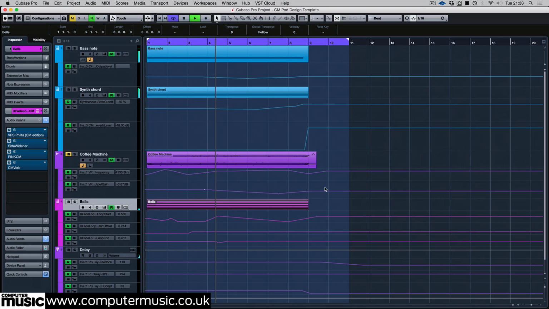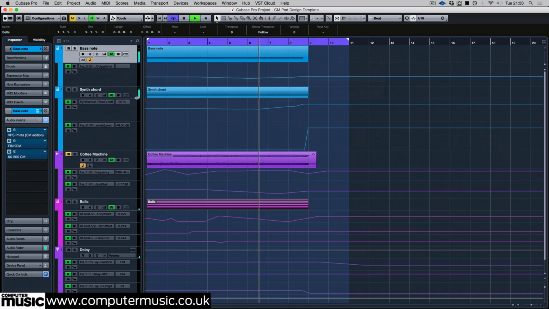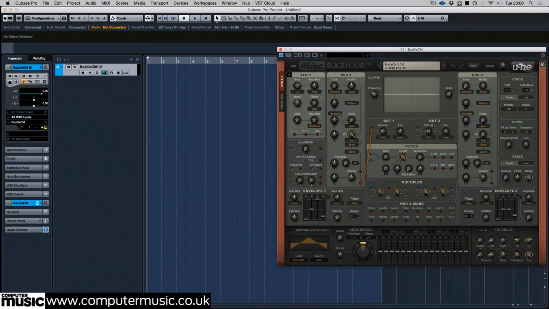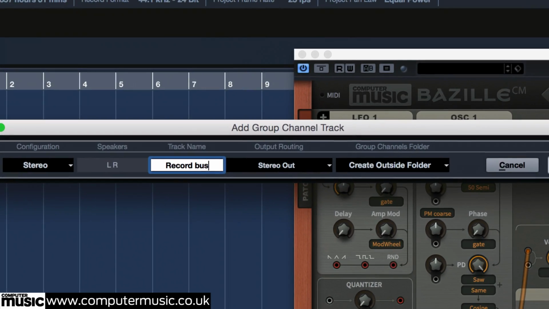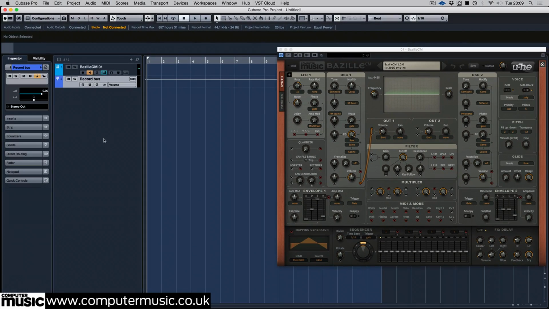First, let's try the live jam approach, where you record tweaks and modulations in real time to an audio file. We're using Cubase, but the principle applies in any DAW. Here, we've loaded up Batzilla CM in Cubase, and we'd like to tweak it in real time while recording to another track. So, we route Batzilla CM to a group track called Record Bus,